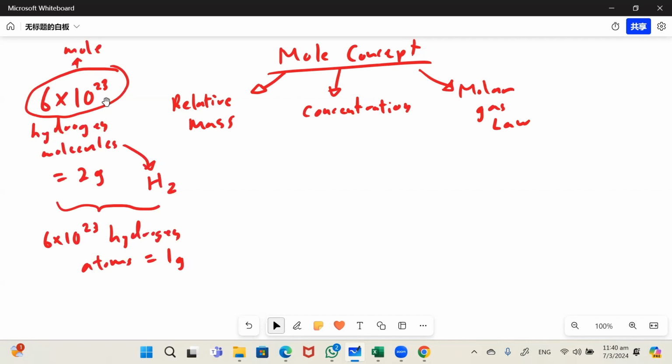One atom is so small. 1 mole means 6 times 10 to the power 23. 2 moles will be 12 times 10 to the power 23, and so on and so forth. Okay. Then after